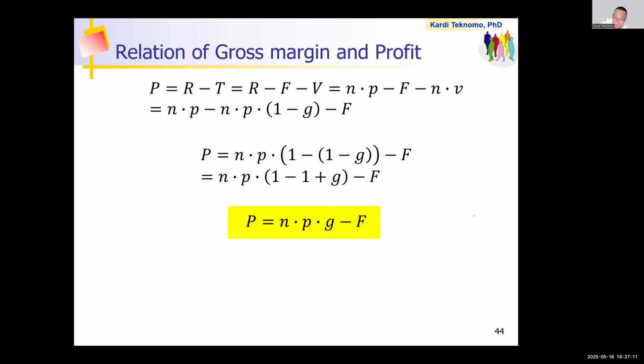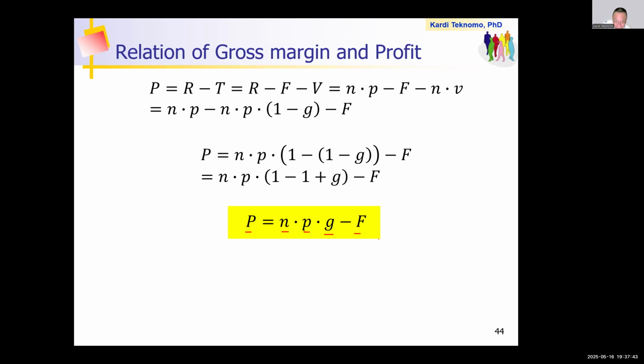P here is the profit. This is your demand, this is your unit price, this is your gross margin, and this is your fixed cost. If you know the demand and the price for the items, and gross margin is the one that you put as fixed,